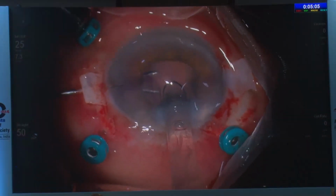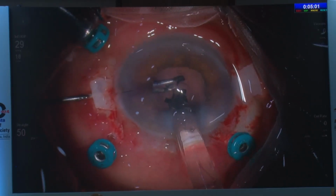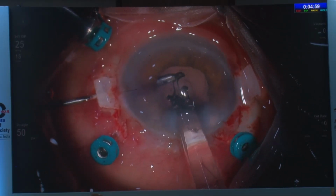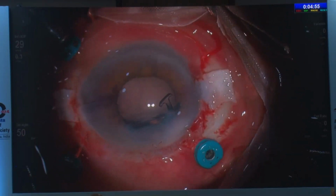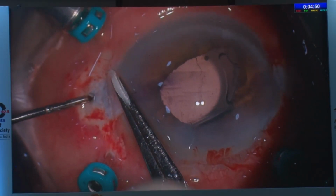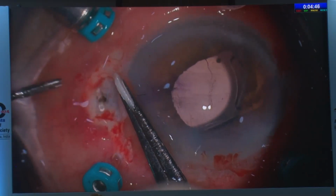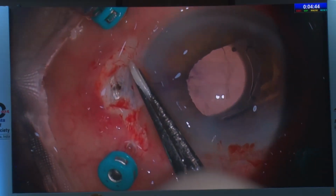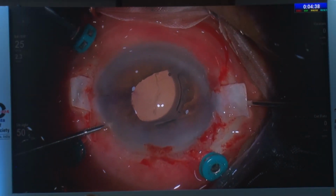So the forceps number 1 goes in, ready to hold the first T as soon as it comes out of the cartridge. We hold it at the junction, then inject the rest of the IOL into the AC, and slowly we bring it out. This step is very crucial according to me after doing 30 cases, so that if you pull it hard, you are going to break that. So at that point we have to take care not to pull it hard, especially when you are doing the second